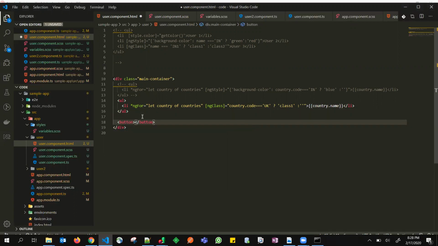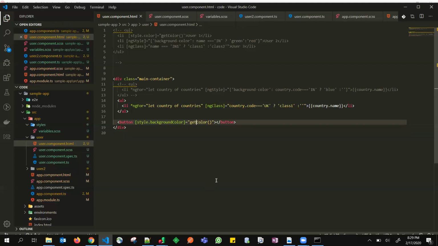For this you need to change the color, like style dot background color, and get color. This is fine. Background color shall be